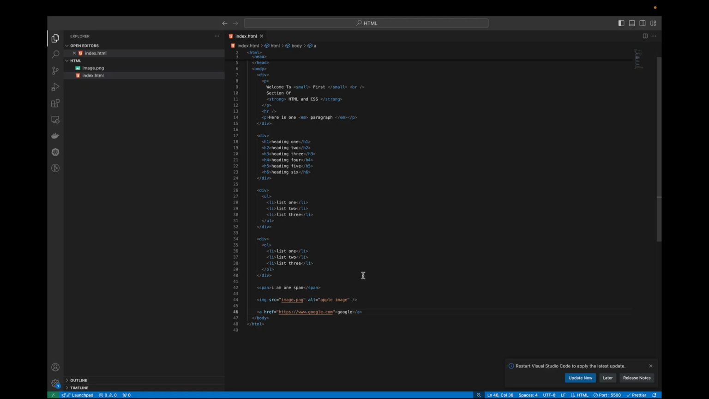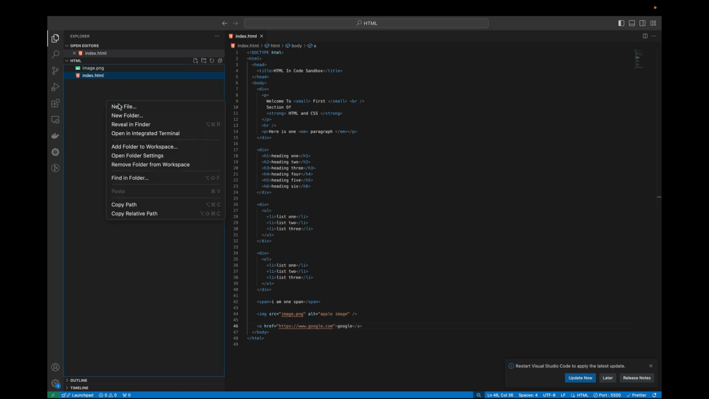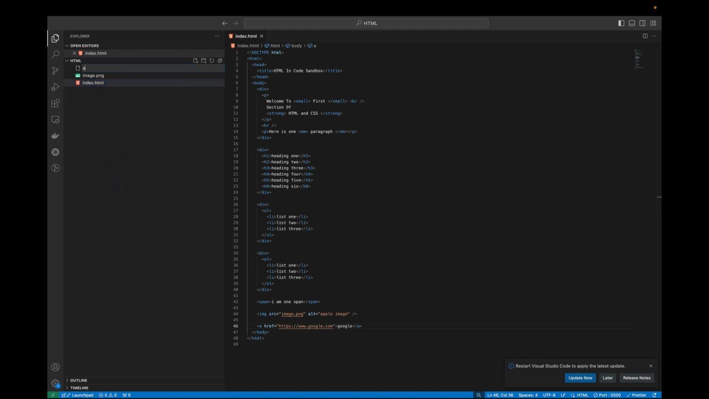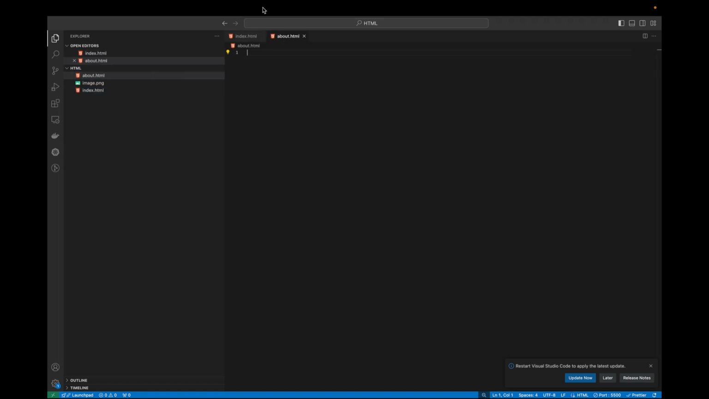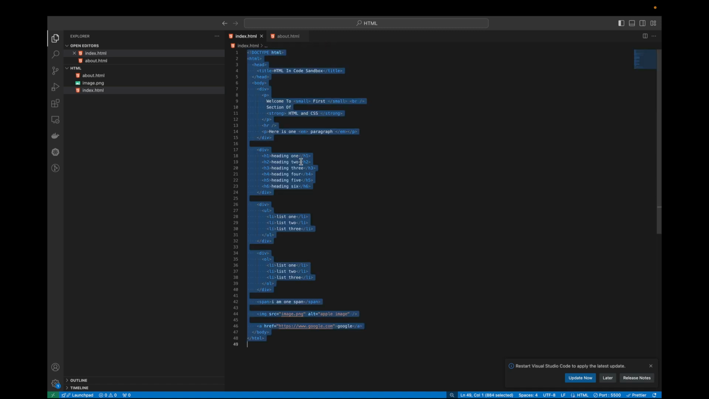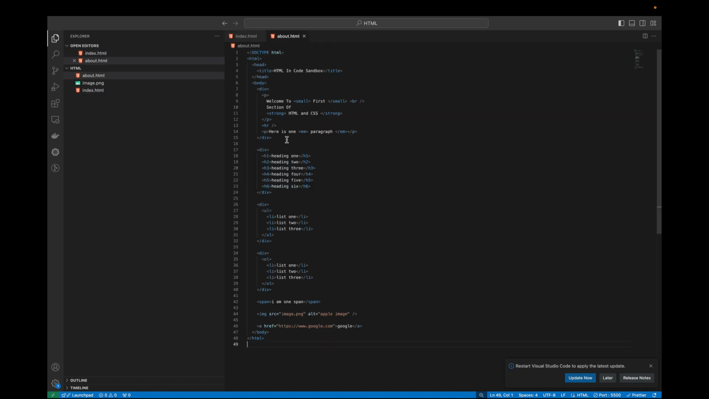Another usage of the anchor link is connecting to another page of our internal website. Imagine that this is our landing or index page, and we want to go to the about page by clicking on that link. So very fast, I will create a new file. I will name it about.html, and to not lose time, I will copy everything here, paste it here, delete